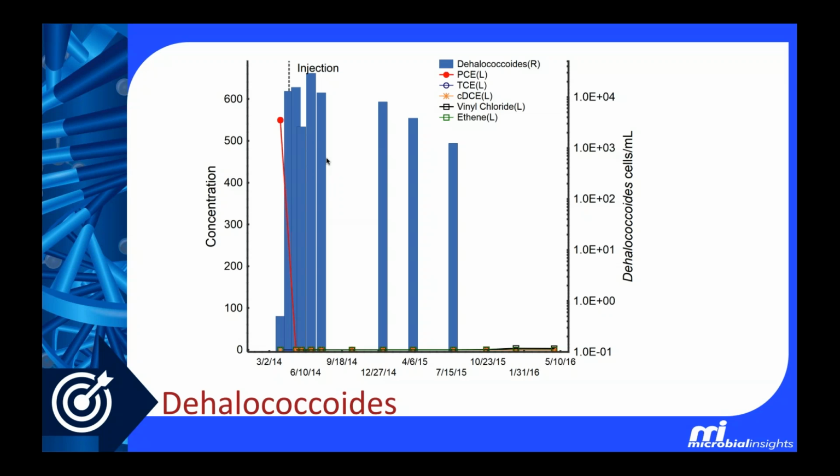And we know based on the Microbial Insights database and the Liu et al. paper that this is the critical concentration that we need for effective biodegradation. Then we see that the concentration of Dehalococoides was maintained for at least 9 months at that greater than 10 to the 4 number, even with the removal of the chlorinated hydrocarbons from the dissolved